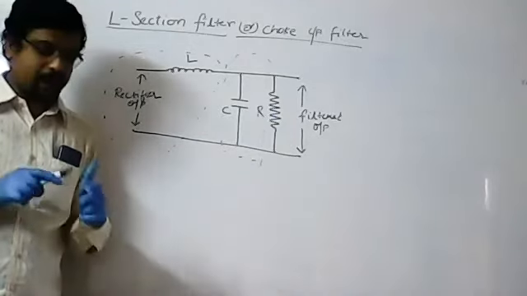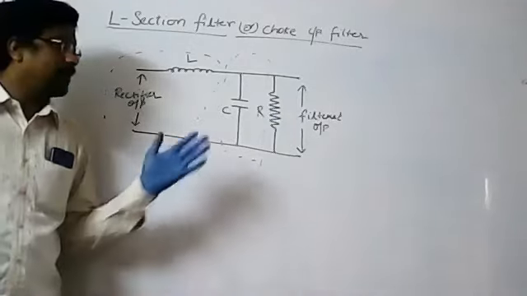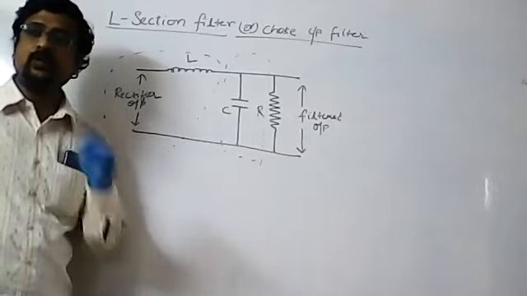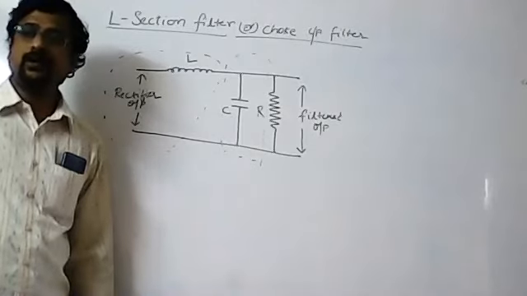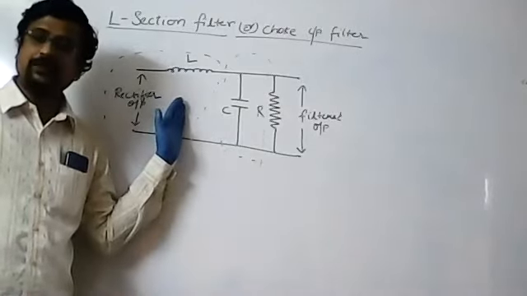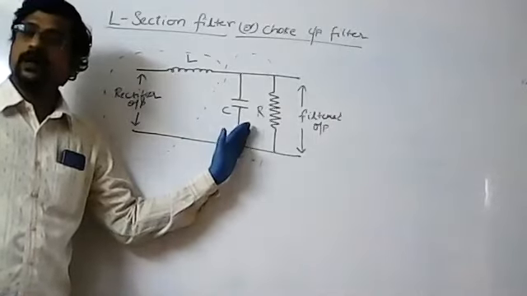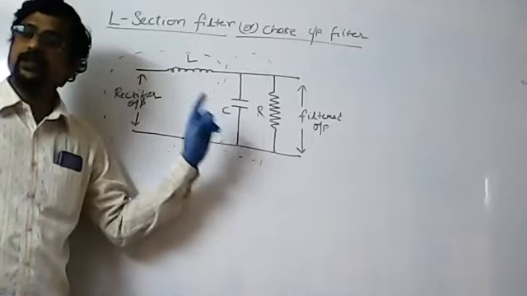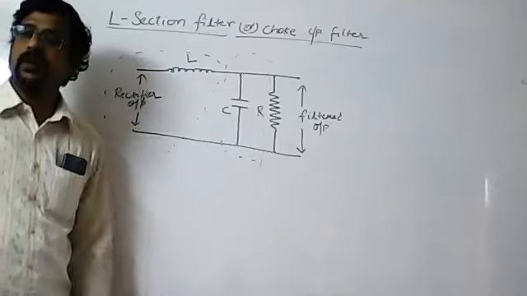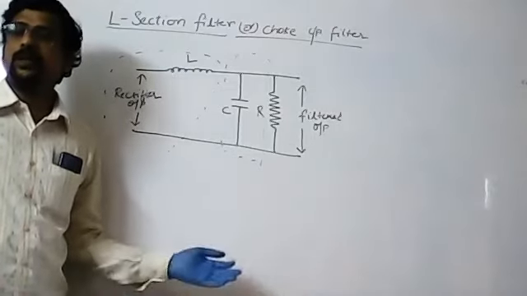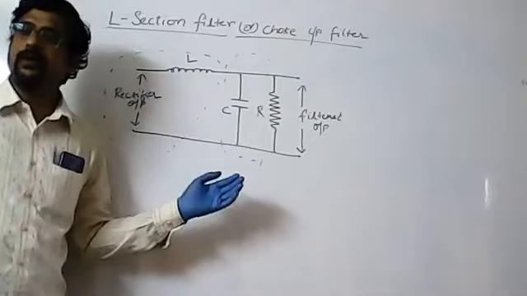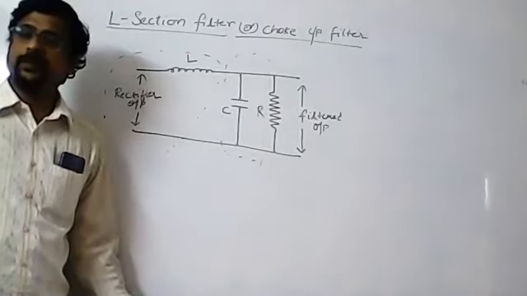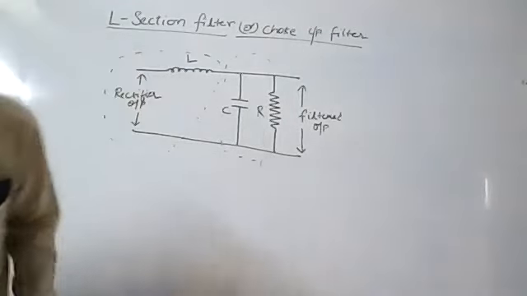Now in this circuit, what is happening exactly? As I told you, both filters are used, which means the filtration is done two times. Once by the series inductive filter, then next by the shunt capacitive filter. So two times the AC components will be removed. Naturally, this will be a far better filter than a series inductive filter or a shunt capacitive filter alone.